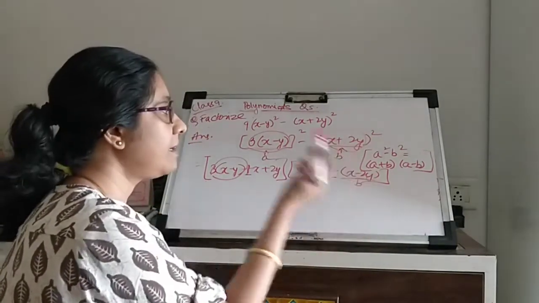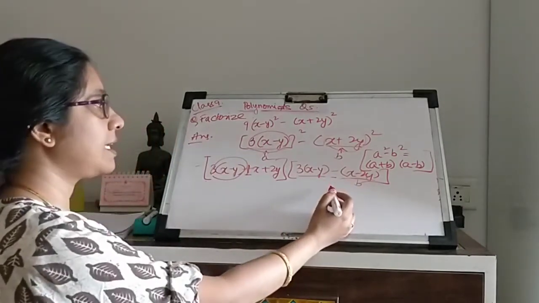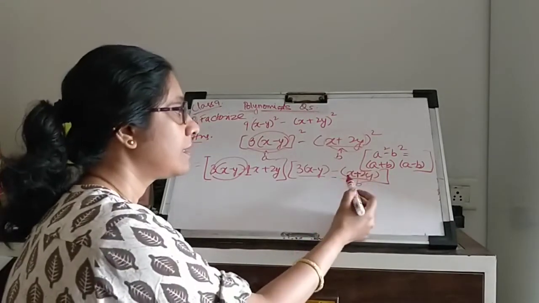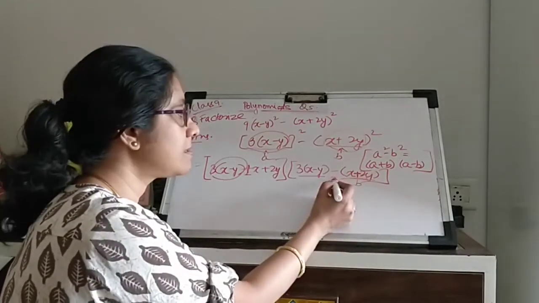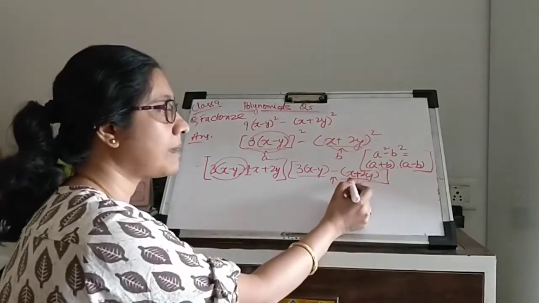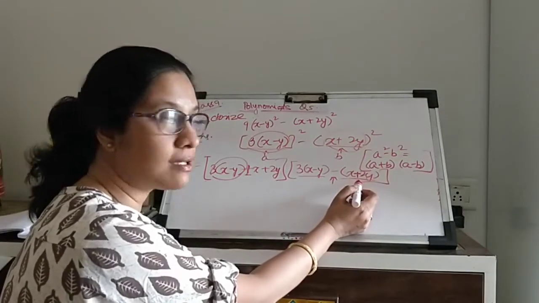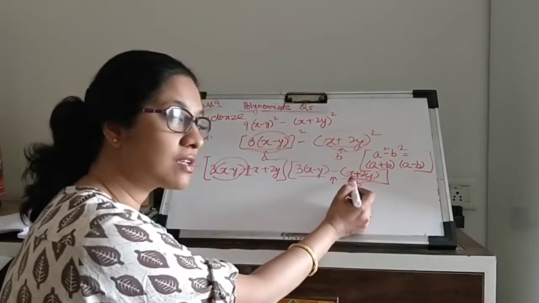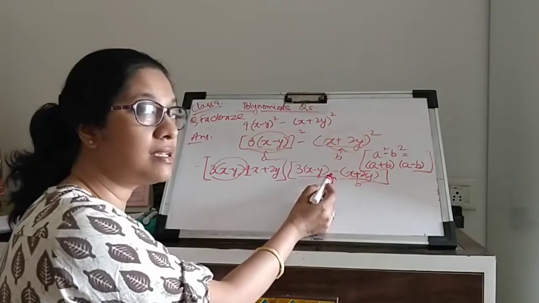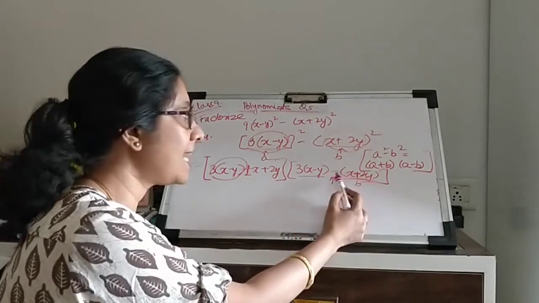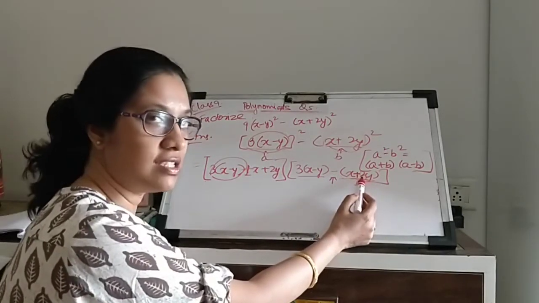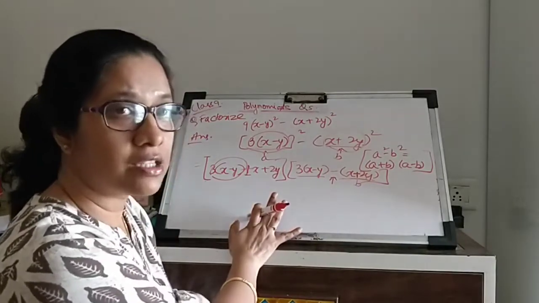Sorry, this has to be x plus 2y. So why do I put this in bracket? Because there is a minus sign here. Whenever it is a minus b and something has to be written, it is not a single term. This itself consists of two terms. So in such a case you must write it in a bracket because there is a minus sign here, because we will be opening the bracket. As we open the bracket, the signs will change. The sign of 2y will change. All this is basic algebra that you must have done last year.